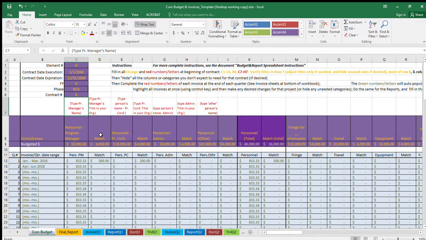I've wanted to create and potentially share this template with others who will be administrating and reporting on the 319 contracts in our office, but potentially could be used by others in other offices as well. So I'm going to endeavor in this tutorial to span information that would be relevant both for those who are experienced with 319s, but also those who are new to these reports. And so anyway,